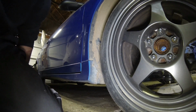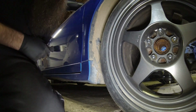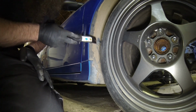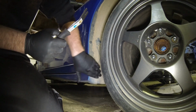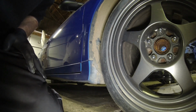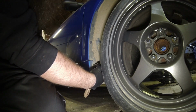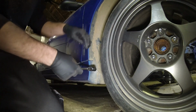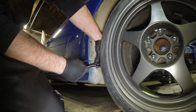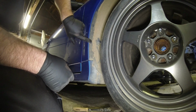Alright guys, assuming you have the car in the air, wheels off, first thing you're going to have to do is take this fender liner off. To get that off, there are these T25 torx screws that you're going to have to pull. These are muddy. They're caked with mud from pulling it down a dirt road, so I'm not going to actually do that on this one. I got to do that on the other one though, but you take these two screws out here and here, and then you got this push pin,